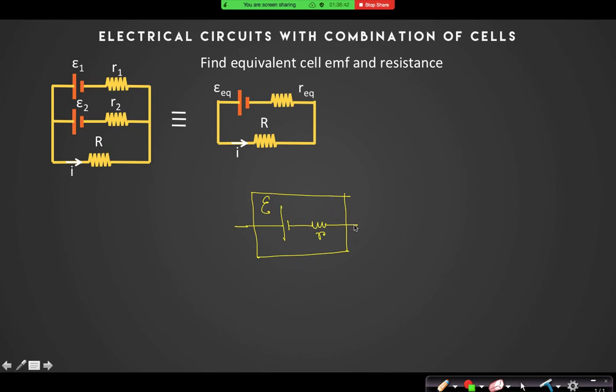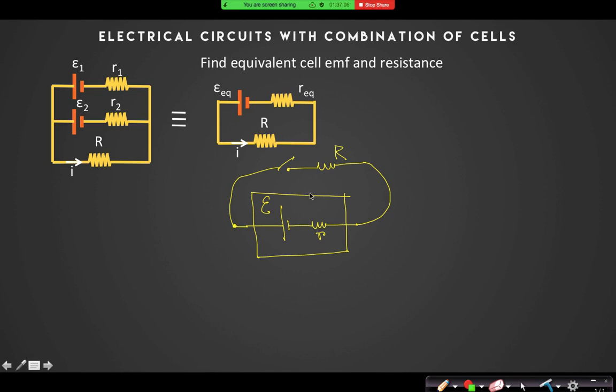This system is a battery. I have not connected this battery with any external source, any external load. Suppose this is a switch, and there is some external load. So you have kept that switch open, right? This is capital R. As soon as I close that switch, there will be a current flowing through the battery.